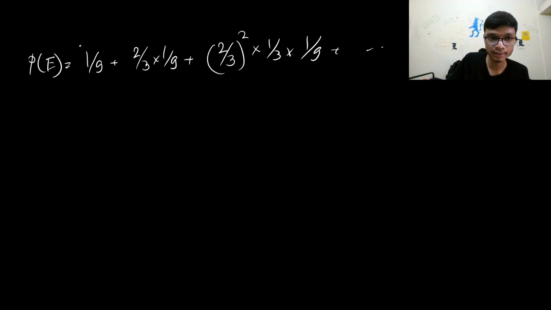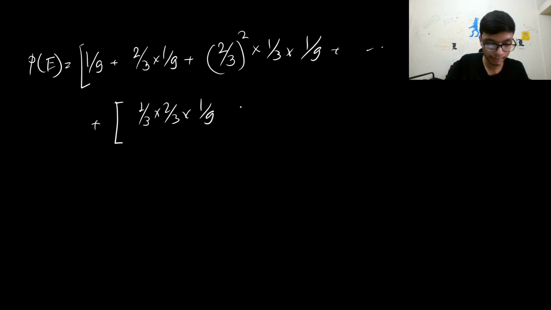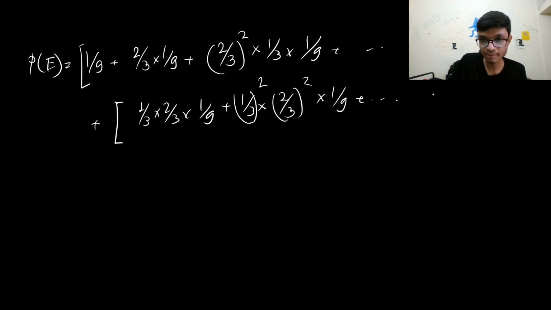So this is the first series, plus the second series will be like 1 by 3 into 2 by 3 into 1 by 9 plus 1 by 3 into (2 by 3) whole square into 1 by 3. So that means (1 by 3) whole square into 1 by 9. And this is the second GP. Okay, so if you solve these GPs,